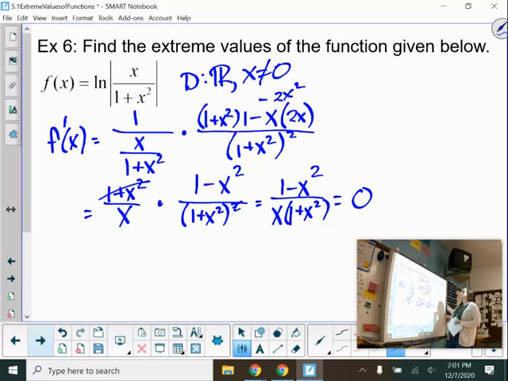Then we can finally set our derivative equal to 0. So the only place where the derivative would not exist would be 0, which wasn't in our original domain, so I don't have to worry about that. So now I'm really focusing on what would make the top 0, which is plus and negative 1. Those are going to be the places for my extreme values. So if I take those and plug them in,